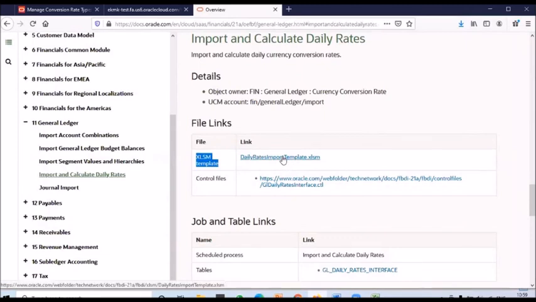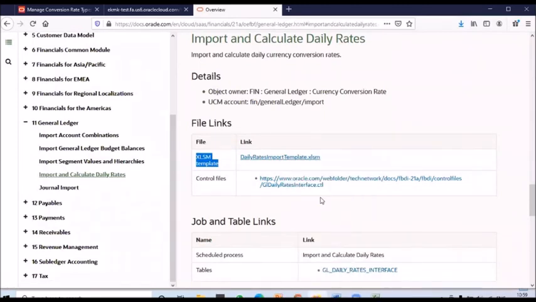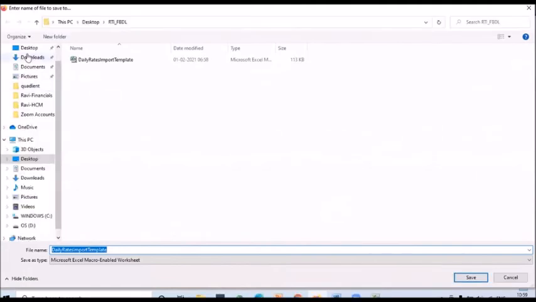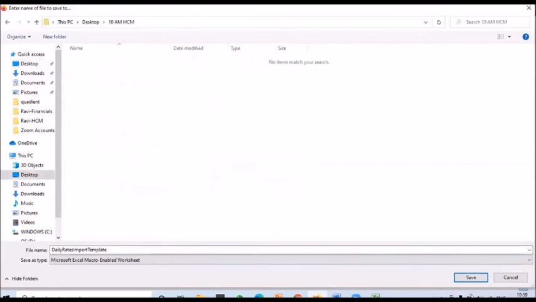Then right click, save link as, and you can save your particular link. I'll save it to the 10 AM HCM batch, this particular path.